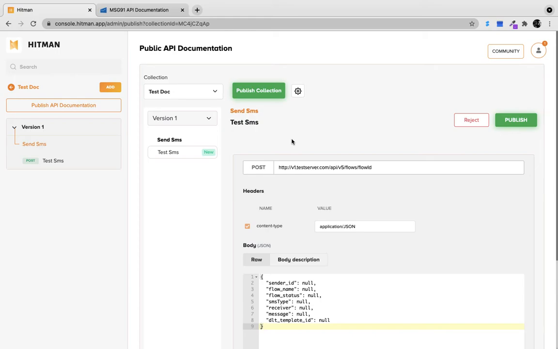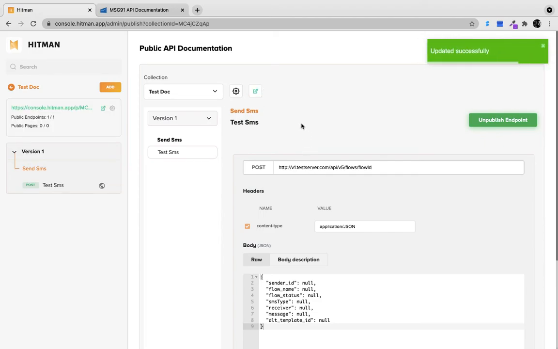So only the admins of the organization can publish or take actions on the API documentation. So I'll quickly publish this, okay, and publish the collection. Now, as you can see, the info here has changed. It shows me the URL on which my API documentation is being hosted right now, the public endpoint count, and the public pages count.